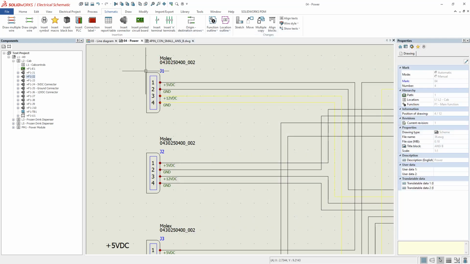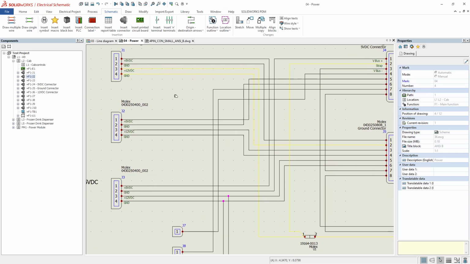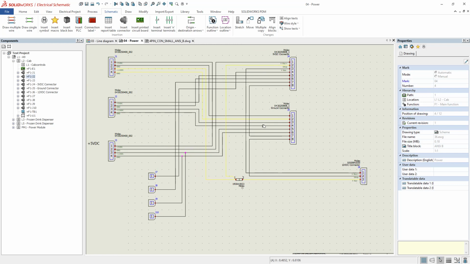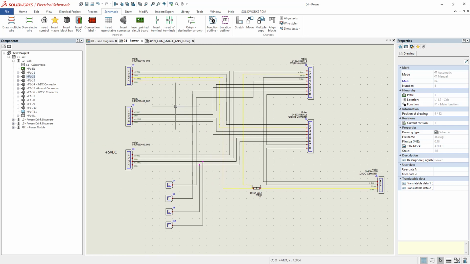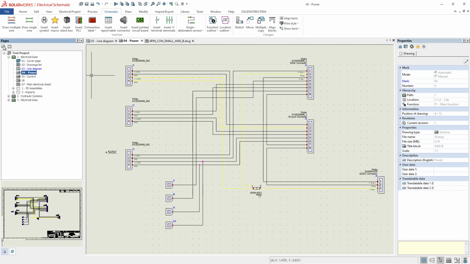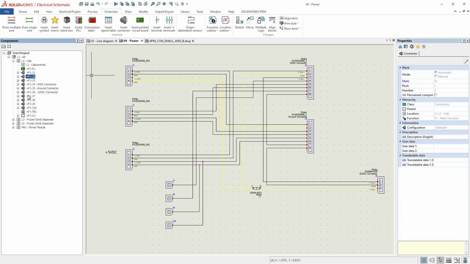So on the 2D side, I've got my symbol set up. I've got wires connected from side A all the way down all over the place in my little harness here. Now, how do I get this over into the 3D side? How do I show that? Over on the left-hand side here in SolidWorks Electrical, I have my document tree and my component tree. Inside of mechanical,